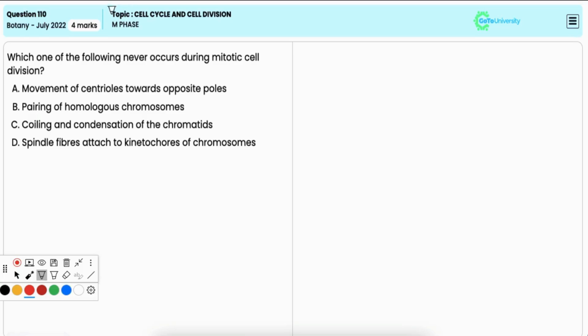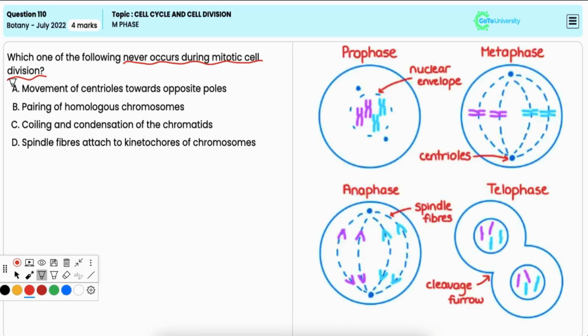In this question, you have to identify the event that never occurs during mitotic cell division. Option A, movement of centrioles towards opposite poles. It is incorrect, as this occurs during mitosis, as centrioles help in organizing the spindle fibers and moving to opposite